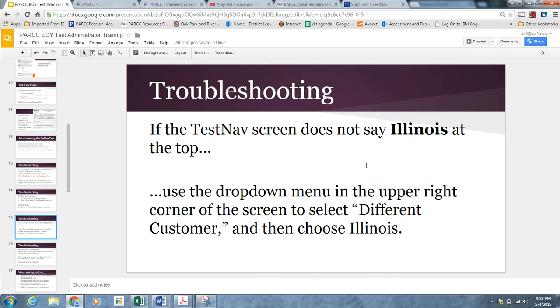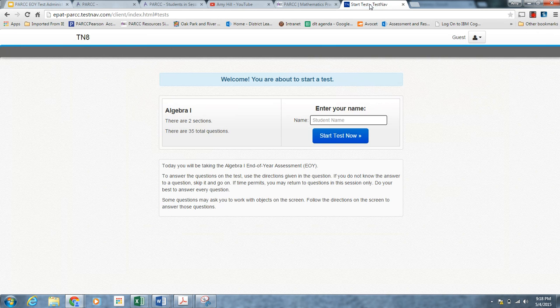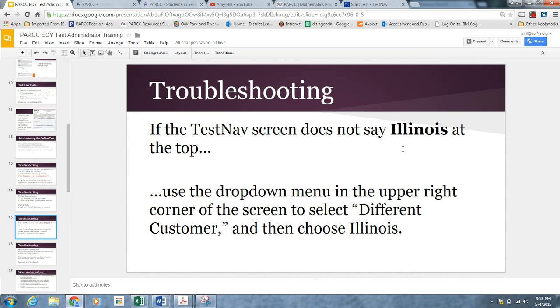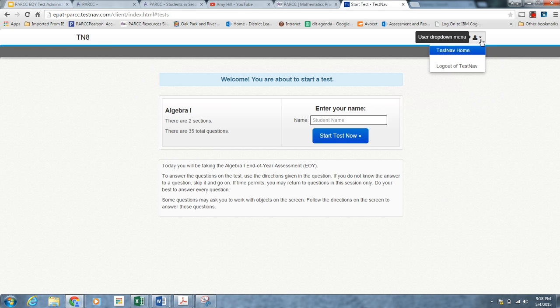One last thing to share right at this point about the troubleshooting, and that is when the students are logged in, there's this little icon up here. And if there is a problem with their test, for example, if it doesn't say Illinois, this is the main problem here. If the test does not say Illinois, then you use this drop down